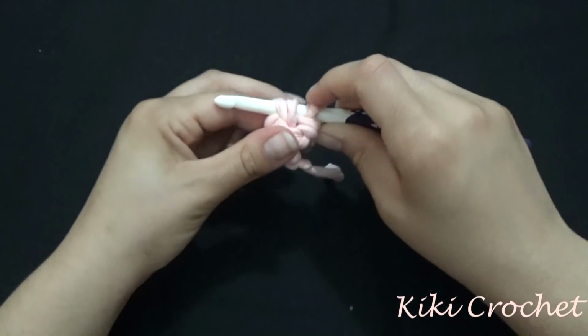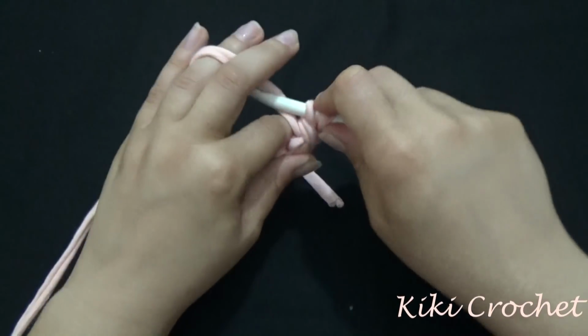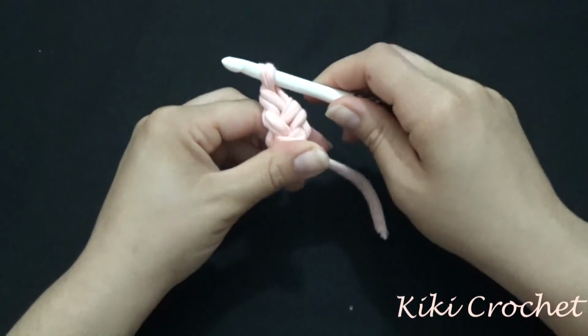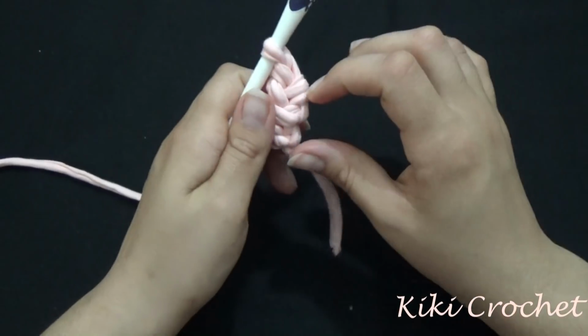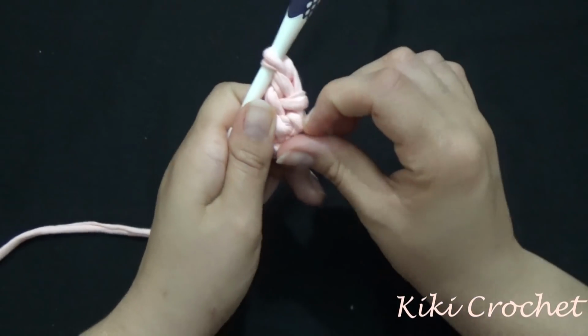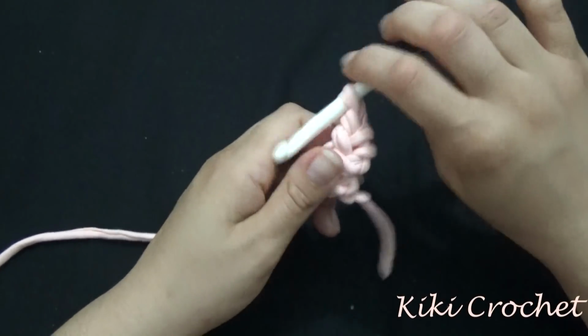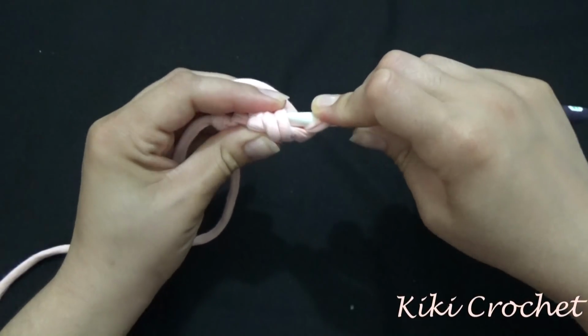Okay, so I'm grabbing those 2 loops, grab the yarn, pull it through those 2 loops, grab the yarn, pull it through the last 2, and we have our single crochet. Now once I turn my work, those are the 2 loops that I'm going to grab. This is the bottom one and this is the top one. So turn your work and grab those 2 loops,